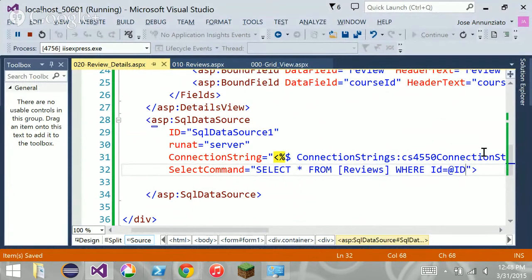Okay? I will tell you what the parameter is. So I don't want you to retrieve all of them. I want you to retrieve the one that I tell you. Okay? So what we're going to do here is we're going to say,